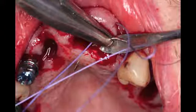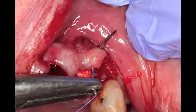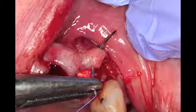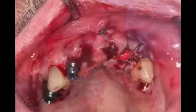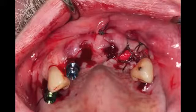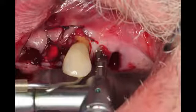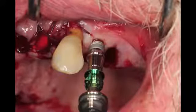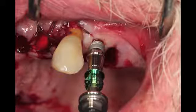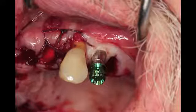I'll use my suture technique where I go from the crestal aspect to the facial, and then from the crestal aspect to the palatal, and I'm able to get nice closure of our flap, so that we are able to fix the defect nicely, place our 4th dental implant in correct position as we demonstrated earlier using the Legacy 3 system from Implant Direct. The implants are ideally positioned in front of the sinus area. Again, I'm maintaining the 2 remaining teeth so that the flipper has something to rest on, and we're able to give that patient some stability with a